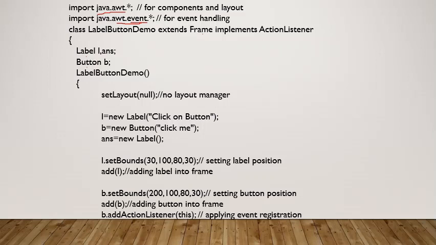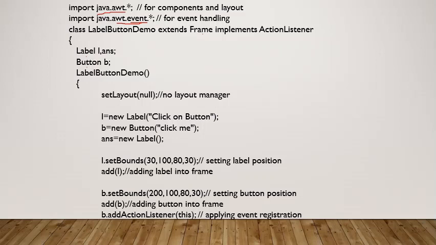Within this event folder, there are a number of classes and methods related to events on the components only. In that it can be ActionListener, MouseListener, WindowListener, and many more listeners. For each listener, corresponding adapter classes are also there, like ActionAdapter, MouseAdapter, KeyAdapter, WindowAdapter, and many more.